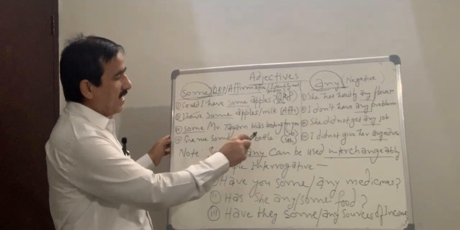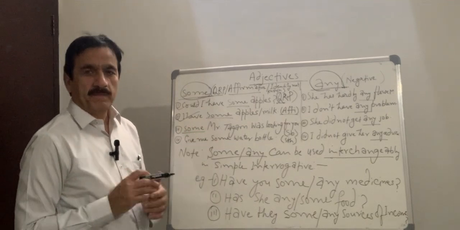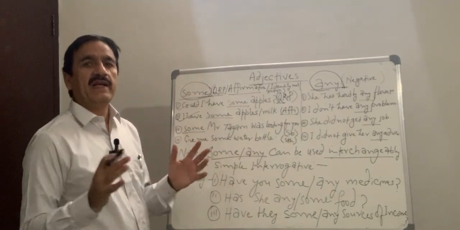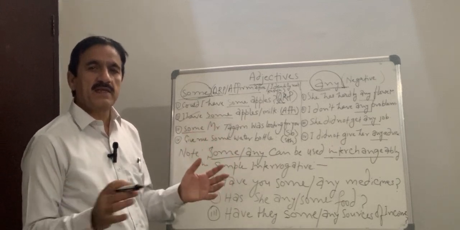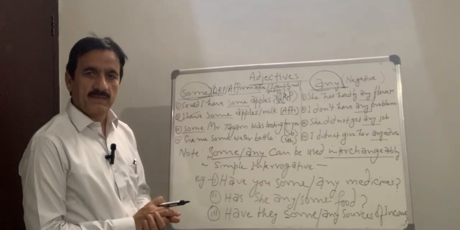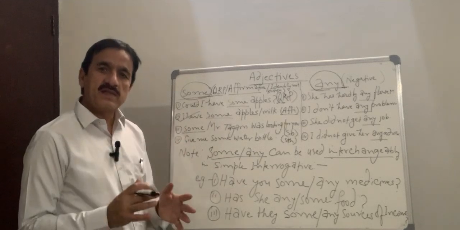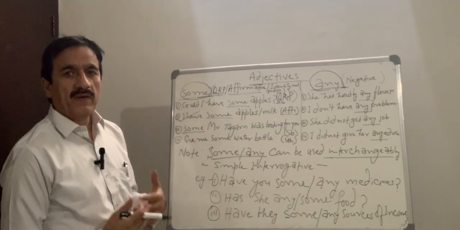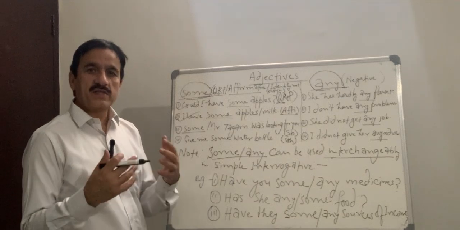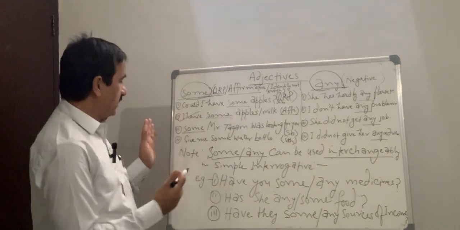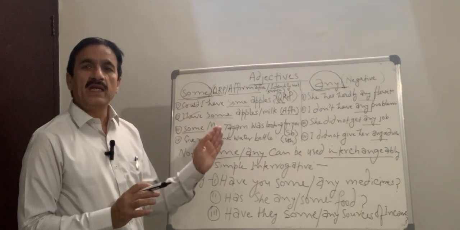Some Mr. Thagam was looking for you. So here, except the name, there is nothing: no detail, no address, no position, no designation, occupation, or profession. These details are not known about Mr. Thagam. So in such a situation, whether it is about someone, somebody, or something, when the details about the person or thing are not known, some is preferred. So, some Mr. Thagam was looking for you. Here only the name is known.